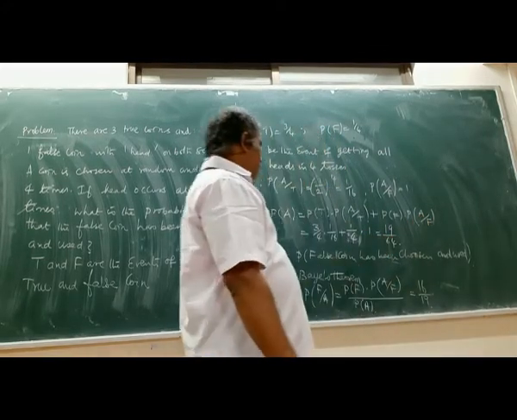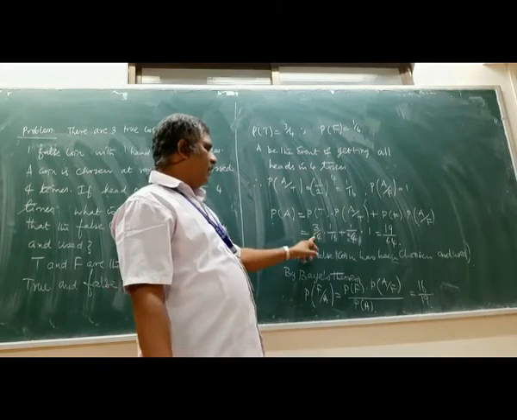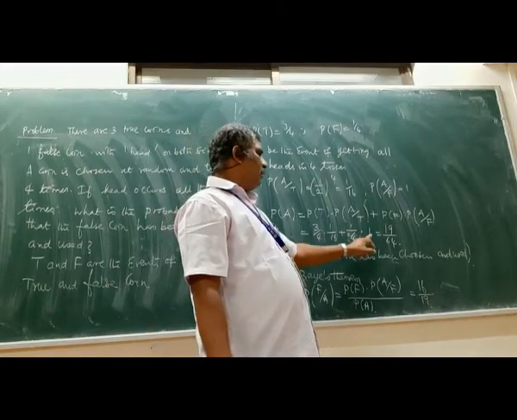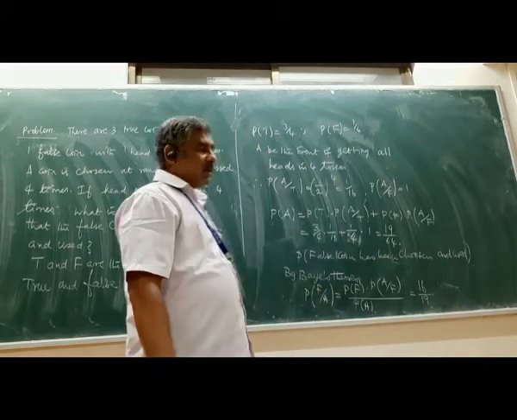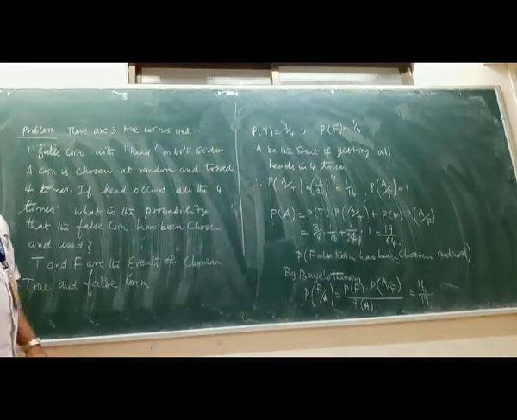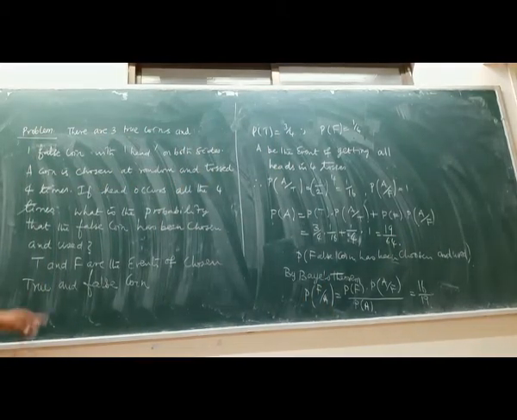Okay, so you substitute the values here: 3 by 4 times 1 by 16 plus 1 by 4 times 1. That means 19 by 64. The problem is not over yet. Normally the question arising here is